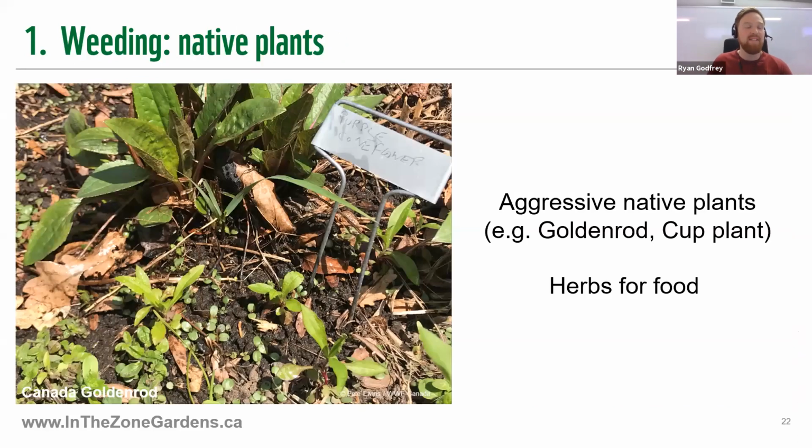And I did mention that there are a few native plants that do spread very quickly. So cup plant would be one of those. Canada goldenrod is one of those. Of course, there's dozens of species of goldenrod, many of which are actually adorable and self-contained. But if you have those plants and if you want to keep them, and you live in a small garden context, what I recommend is actually just grow them in containers. You could do a large container like the ones that I use on my balcony, keep them above ground, keep them well watered, and then